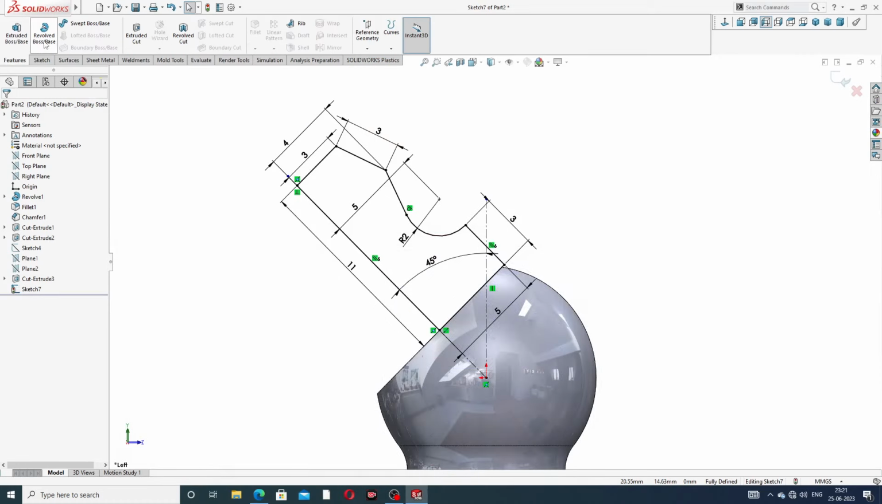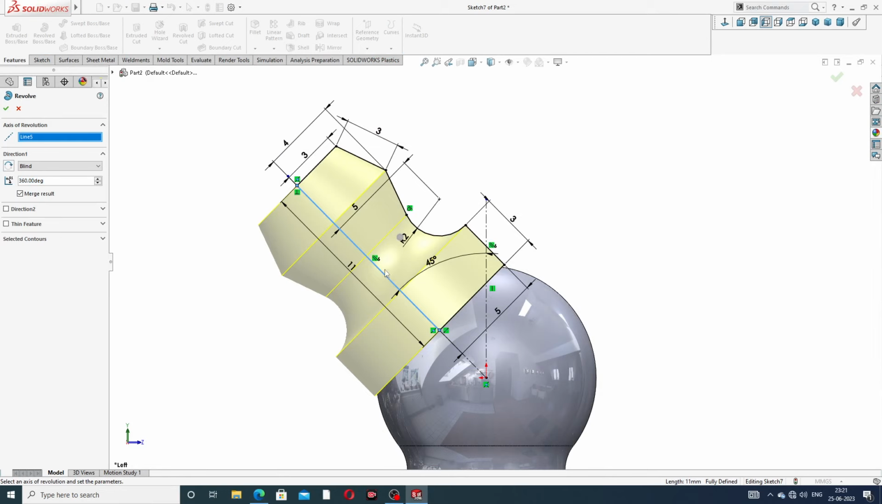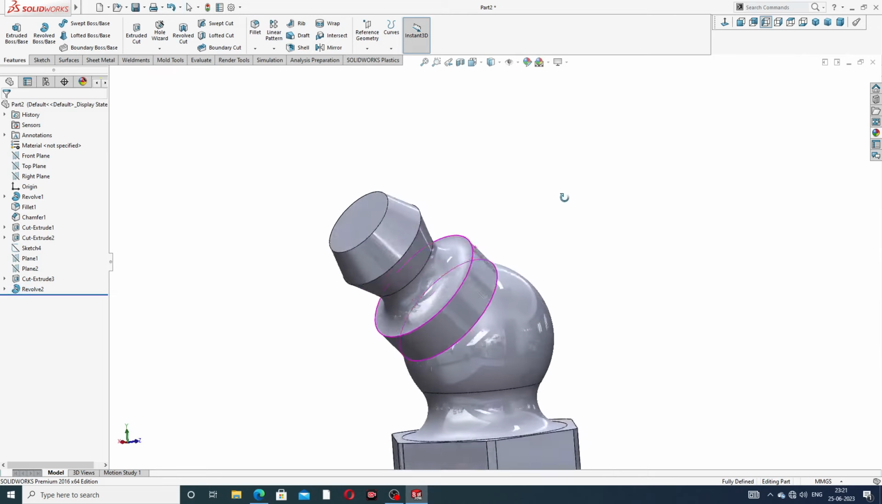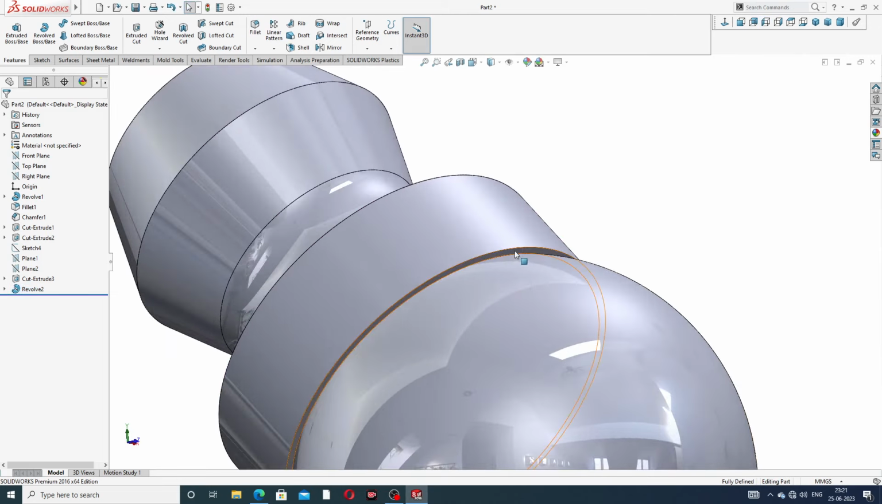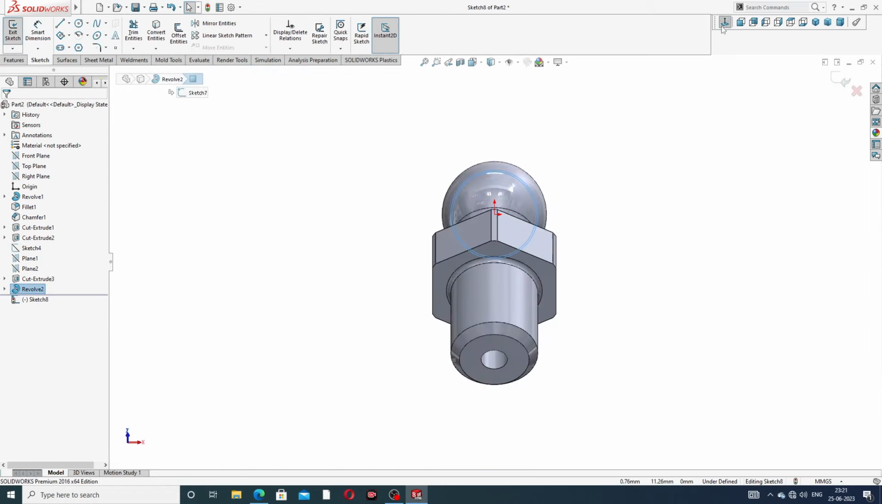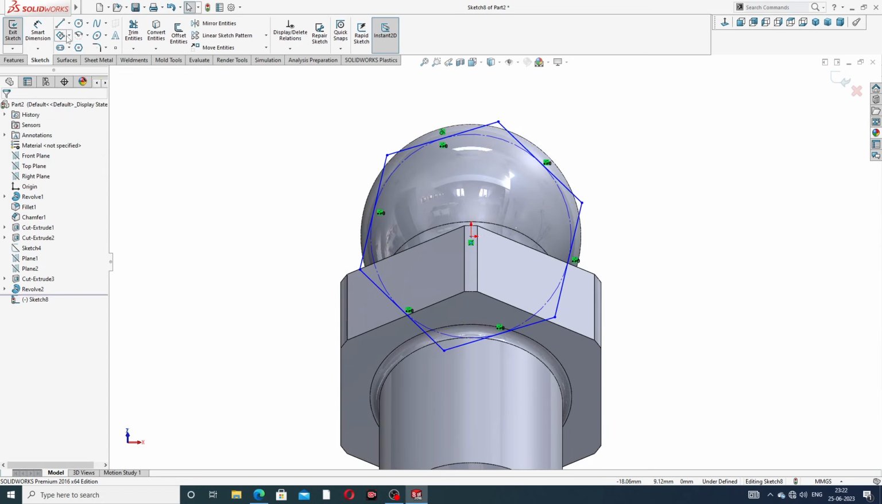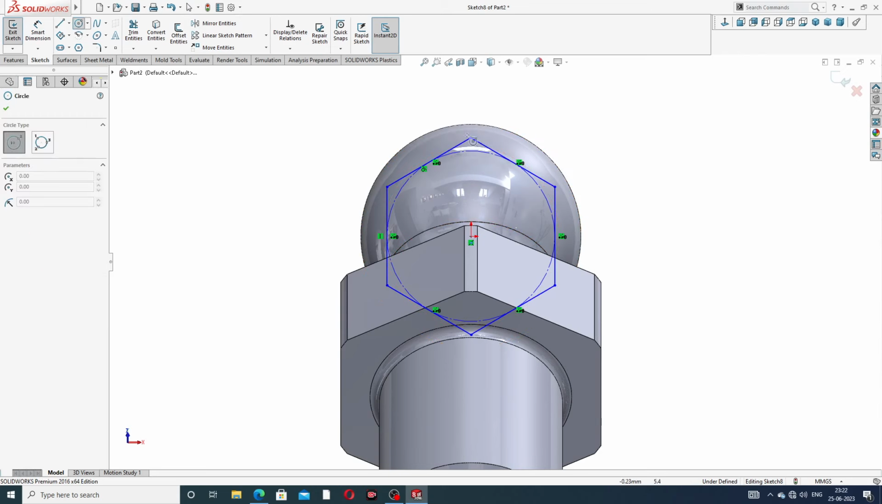And again select revolve base, select this face, sketch normal. Okay, and again select this face, sketch normal, and draw a hexagon. Hexagon is this to this, and again select a circle, and this is a vertical line, and again select a circle. The circle is some big circle,